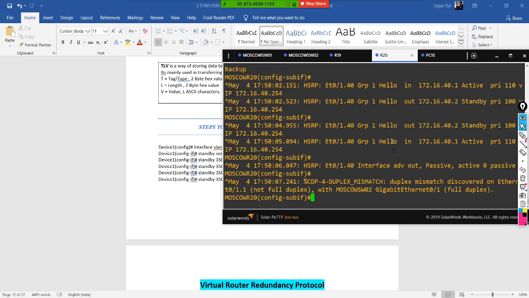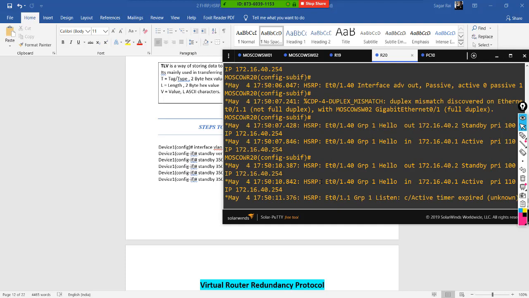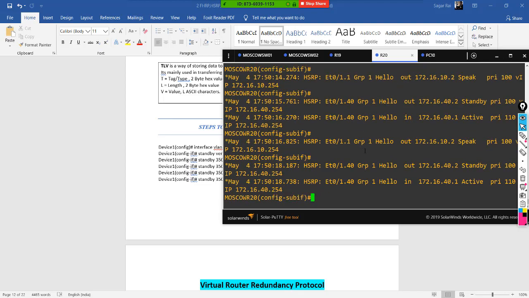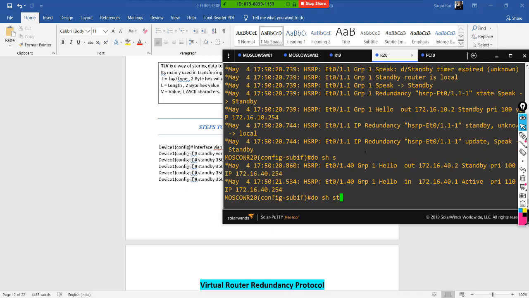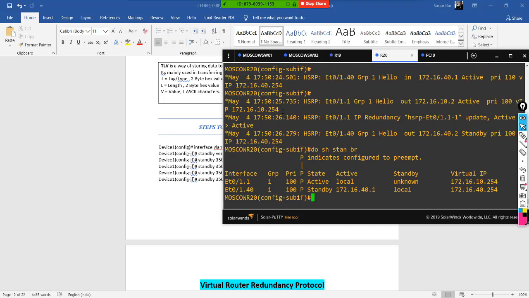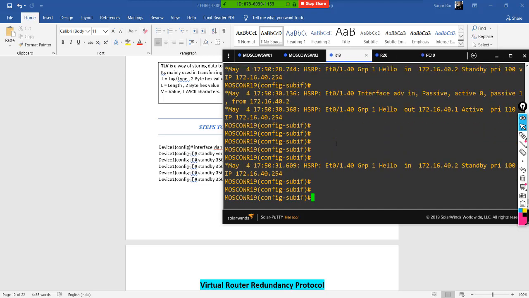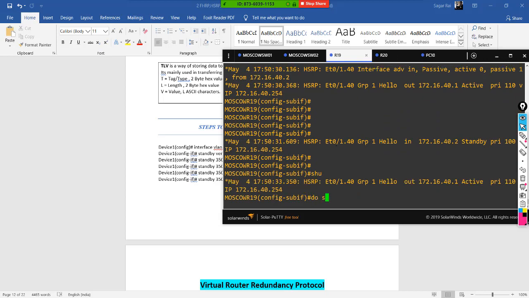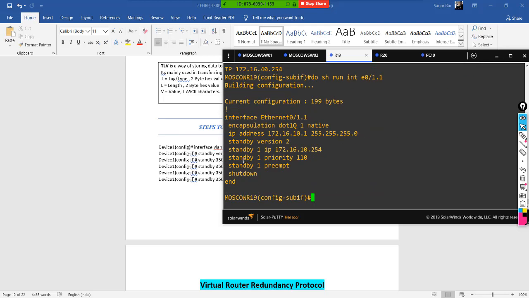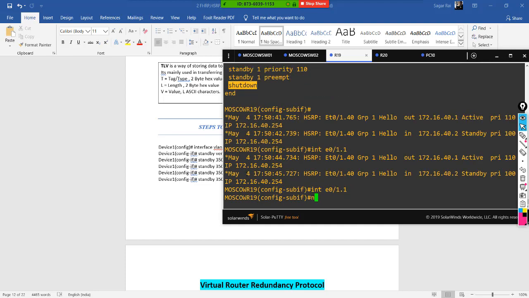They are going from the init state to listen and speak, and then they decide who is going to be active and who is going to be standby. Show standby brief. The second device was marked shut down when I was demonstrating the packet flow, so I'll bring that up.